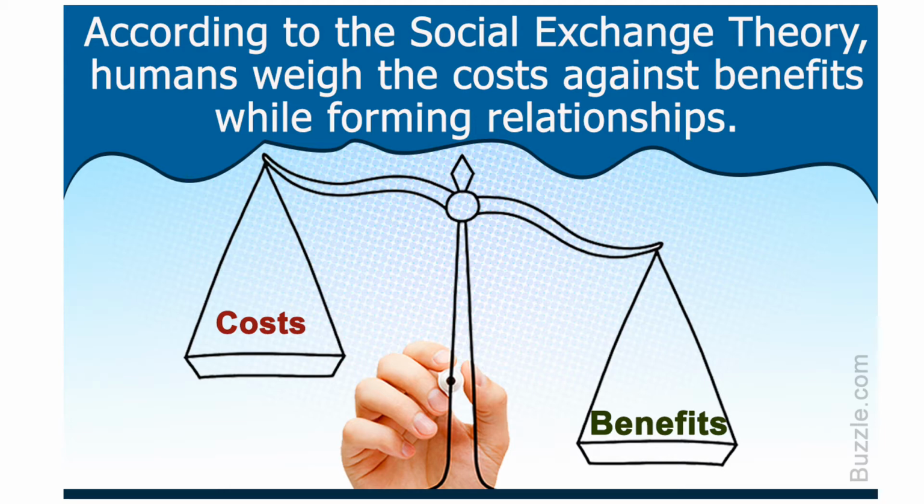So, in our relationships, whether we're talking about romantic relationships or friendships, according to social exchange theory, we're constantly weighing what our costs are and what benefits we're getting out of it. Are we getting a good deal? And when social exchange theory is applied to the study of relationships, it's referred to as the reward theory of attraction. So when you're reading your textbook, you won't see social exchange theory very much, but your textbook does refer to the reward theory of attraction, and we're essentially talking about the same thing.